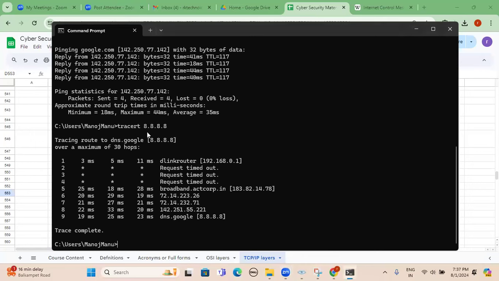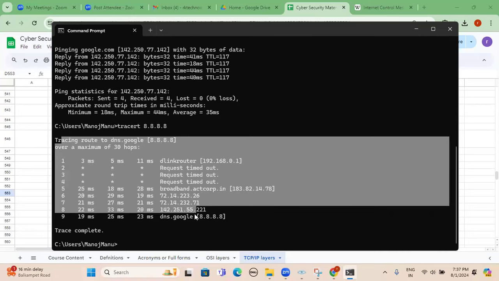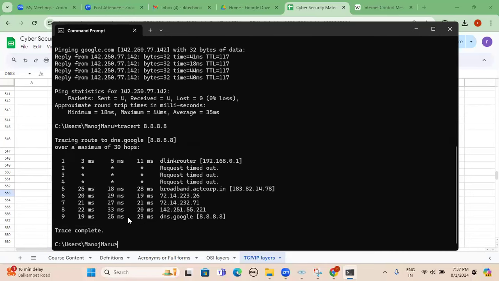Now I have given tracert 8.8.8.8. Now you can see the trace has completed fully, so Google is reachable. Tracing route to dns.google over a maximum of 30 hops only. Trace route gives only 30 hops of information. From my laptop, the first machine or first gateway router, I'm using ACT Fibernet in my home, which is a D-Link router I purchased from ACT. The default gateway IP address of that router is